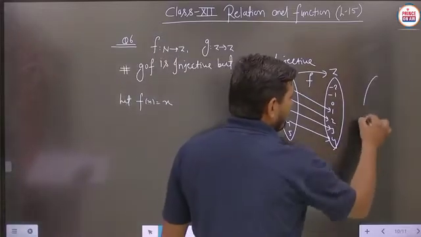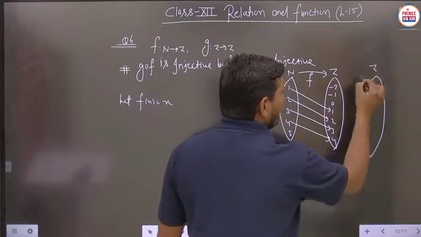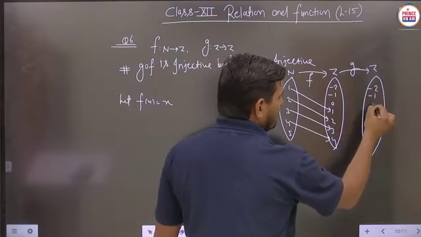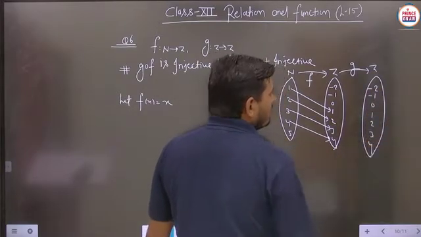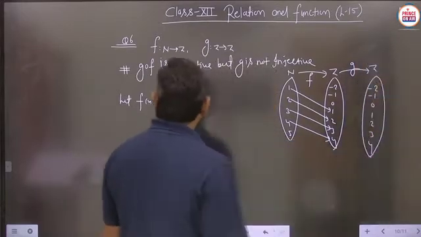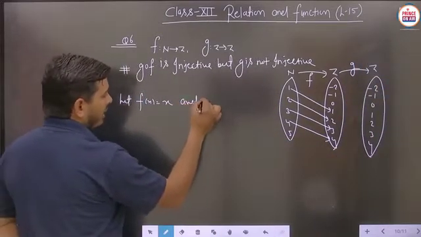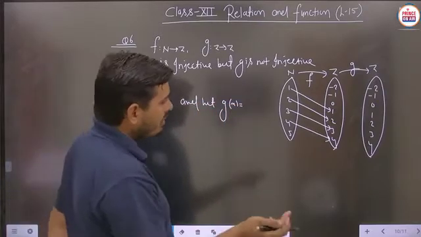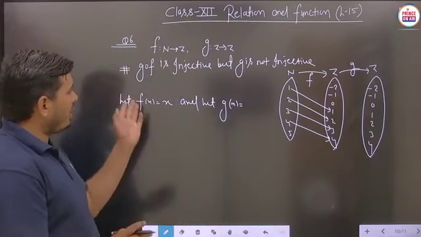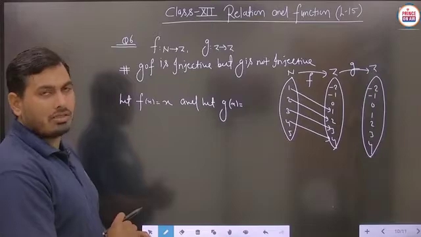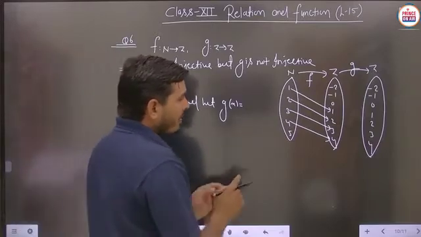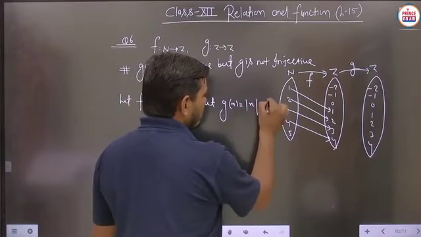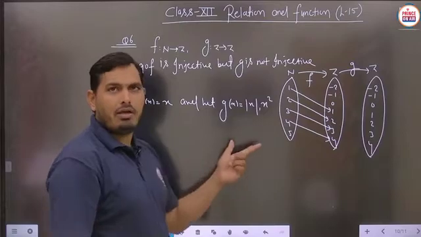Now again we have to take the g function, which is to be defined from Z to Z. So we can take here -2, -1, 0, 1, 2, 3, 4. Let g of x be, you can take either x square, because g is not said to be injective. g of f is injective, but g is not injective. So suppose g of x is taken as the modulus of x, or you can take x square also, no problem. Either of the two you can take.